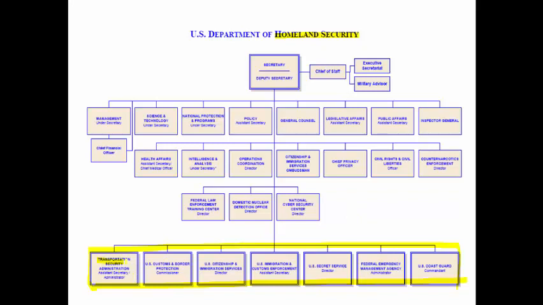So here's TSA. If you've ever flown in an airplane in the last 10, 15 years, you're probably very familiar with the TSA. Here's the Customs and Border Protection. Here's the Immigrations and Customs Enforcement right here, ICE. And this actually, Customs and Border Protection, used to be known as the Border Patrol. Very important agency as far as immigration control. That's a fairly controversial issue right now. The Secret Service is also located in this branch, as is FEMA, as is the Coast Guard.